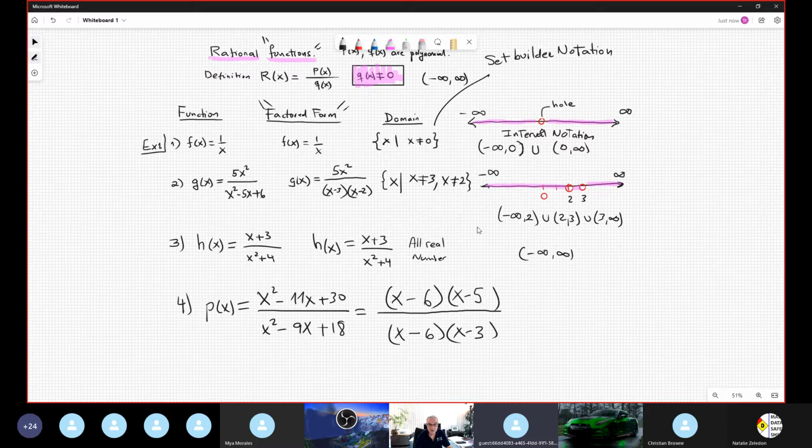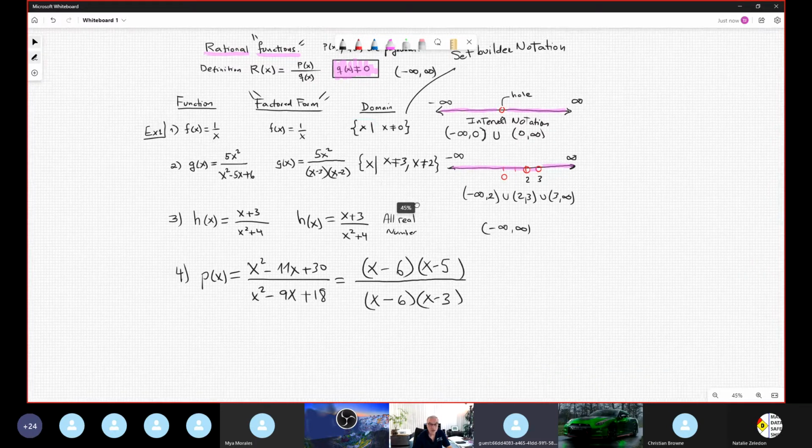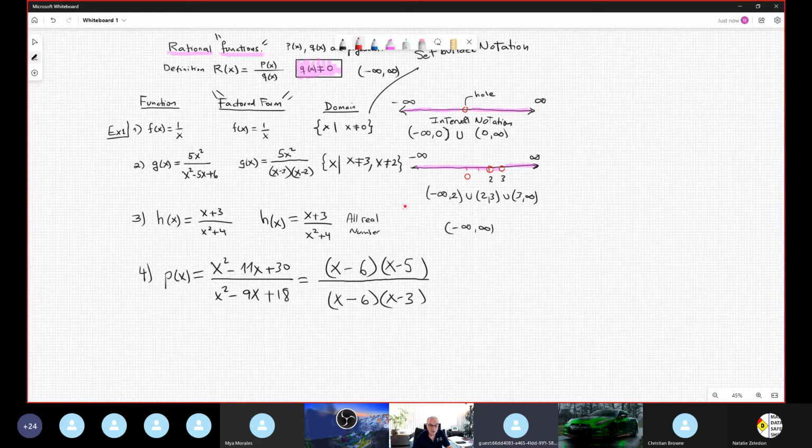But one interesting situation happened. You have here one factor gets cancelled out. Look at that. This and this say goodbye. And stay x minus 5 divided by x minus 2. Okay, this is the part that gets complicated to understand for the student. This expression given at the beginning is equivalent to this, except